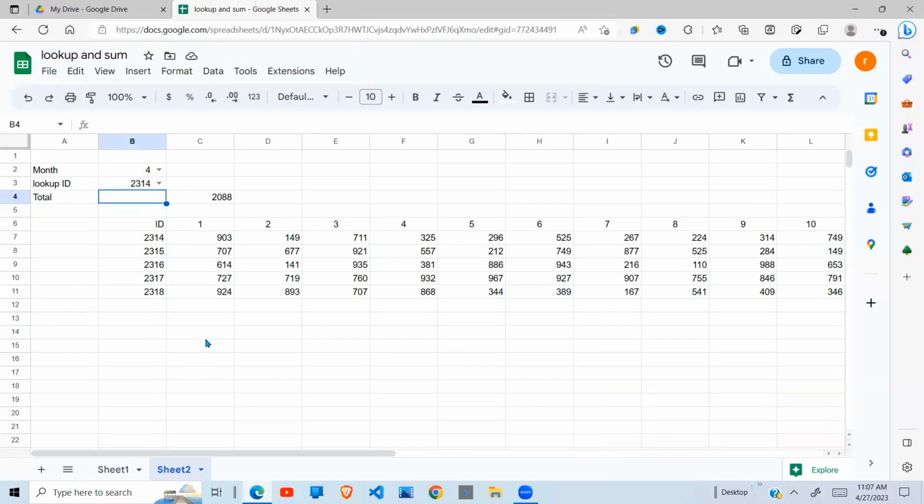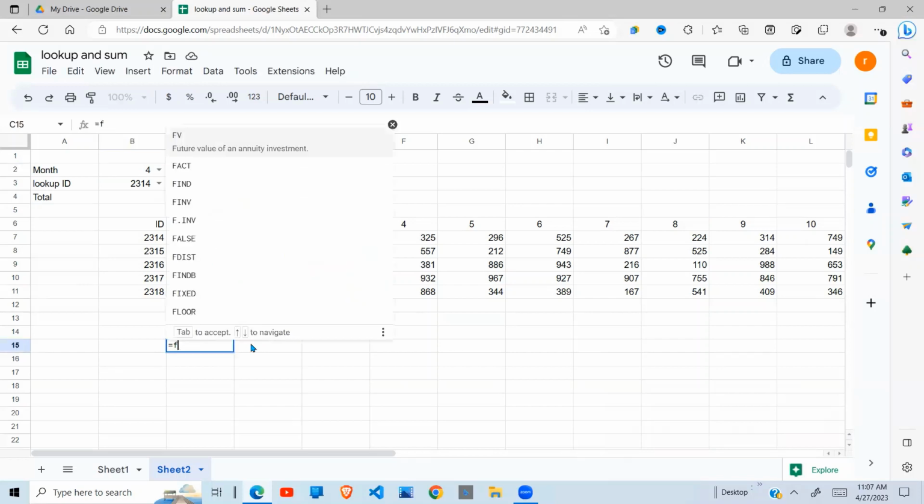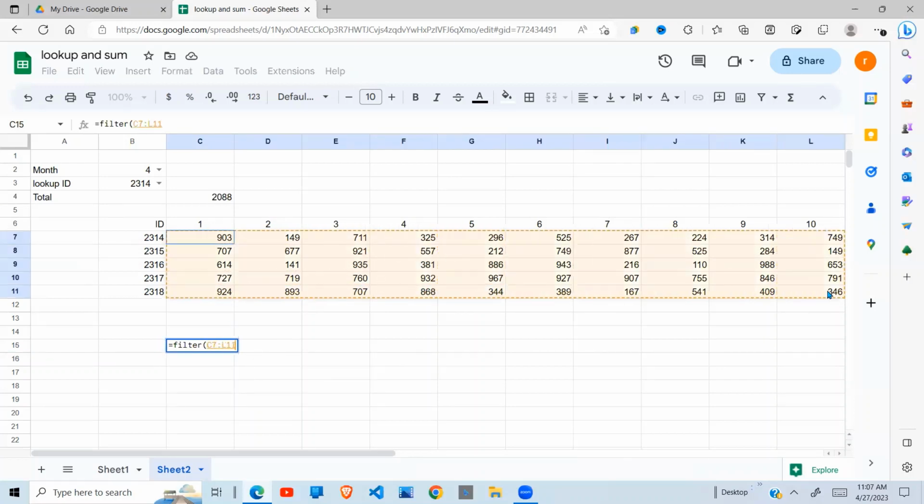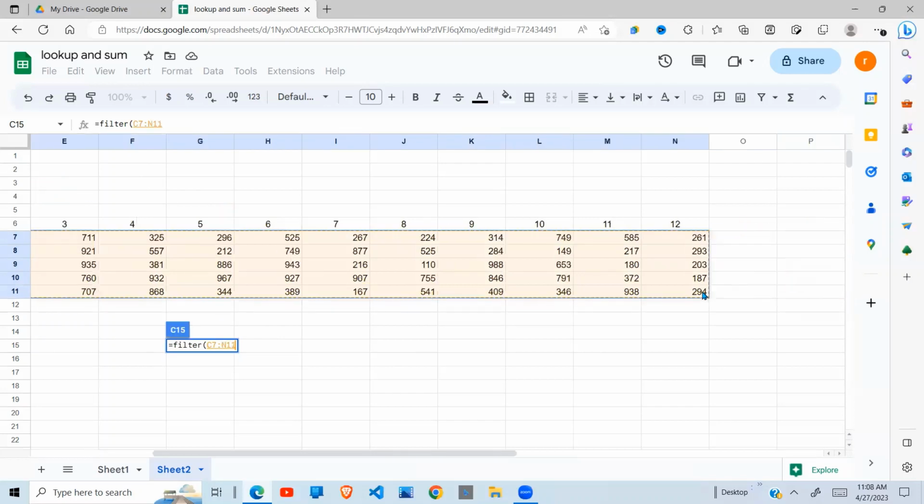So I'm going to take you step by step and show you how this one works. Now I want to sum up to the 4th month. Before I sum these up to the 4th month, I need to get those values up to the 4th month. So the function I think of is the filter function, and the values I want to be returned in my first argument should come from this. I'm going to filter from this data set,